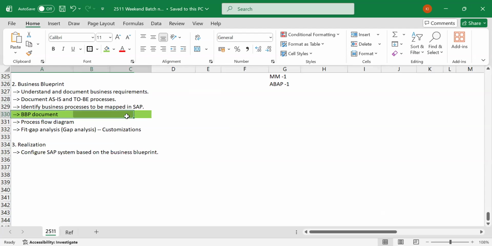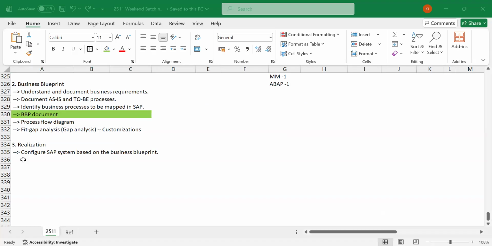Don't do anything which is not listed in your business blueprint. It's a common thing. Okay. We are not supposed to do anything which is not part of the business blueprint. If you do something later, they can question who confirmed that requirement, why you did that. As a consultant, the blueprint also helps you defend yourself. If somebody says that you did it wrong, you can go back to your business blueprint and tell them, hey, refer to this. This is what we discussed earlier. This is what I have implemented. Right? And then